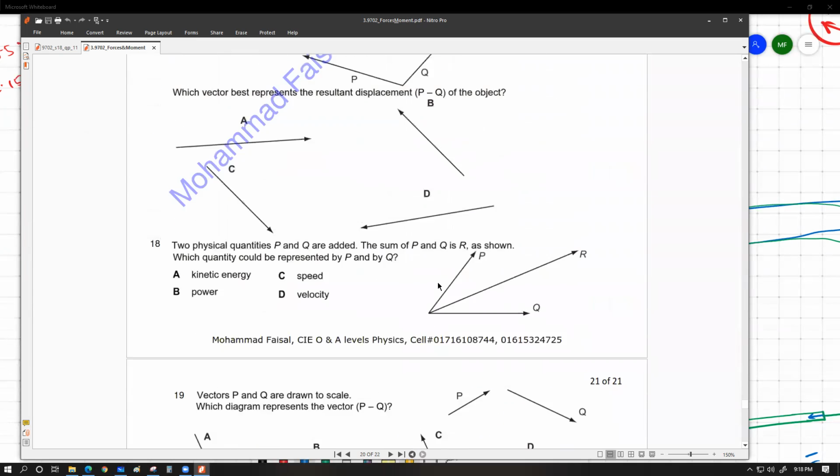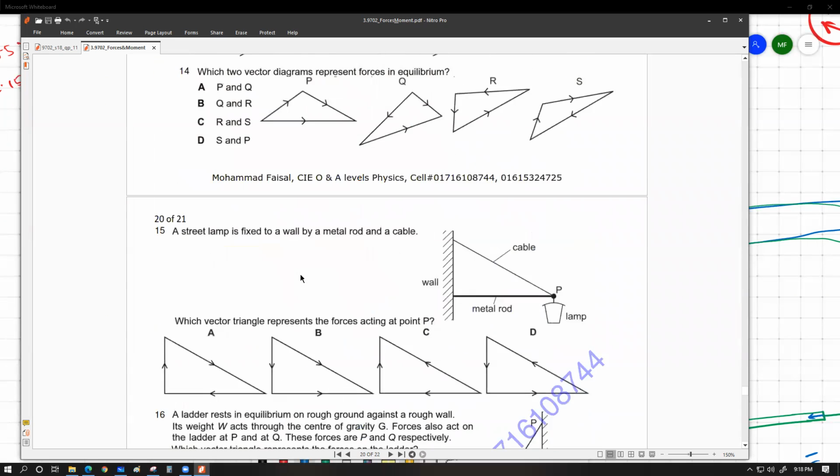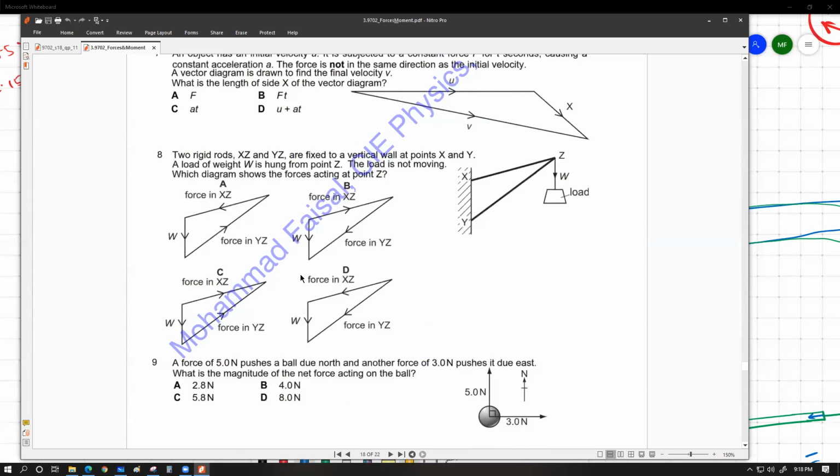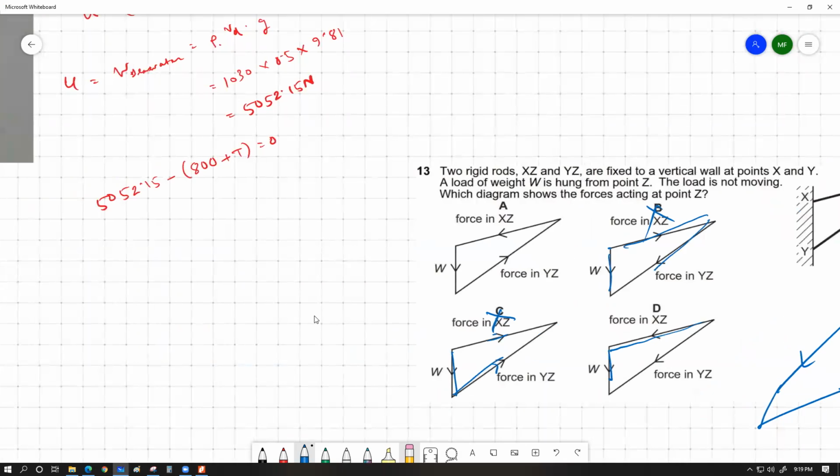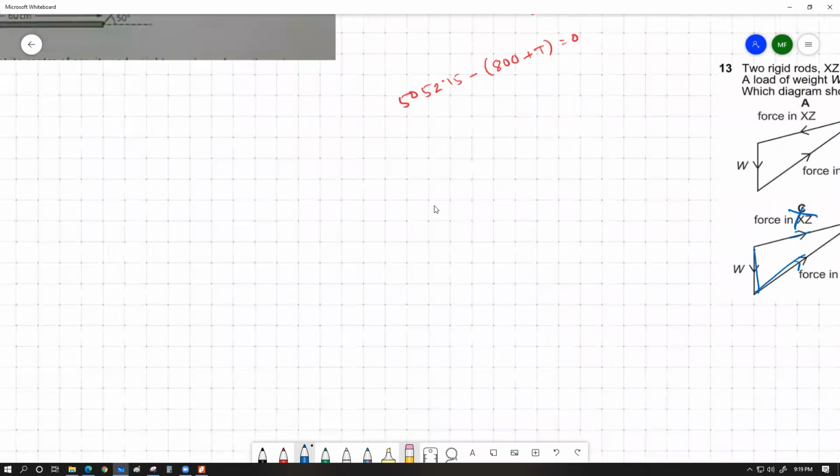Sir, in the earlier equation, question number 18, I saw v equals u plus at, a vector addition of velocities: if there is a u and an at, adding the two gives v. Sir, is there any other equation like this that I can understand in the same way? There are many equations. For all the physics equations where you come across a vector quantity with some sort of plus or minus sign, you can apply the idea of vector geometry. For example, this was our first equation of motion, where final velocity equals initial velocity plus acceleration times time, which means vector summing these two gives this. If you consider the third equation, displacement equals ut plus half at squared,